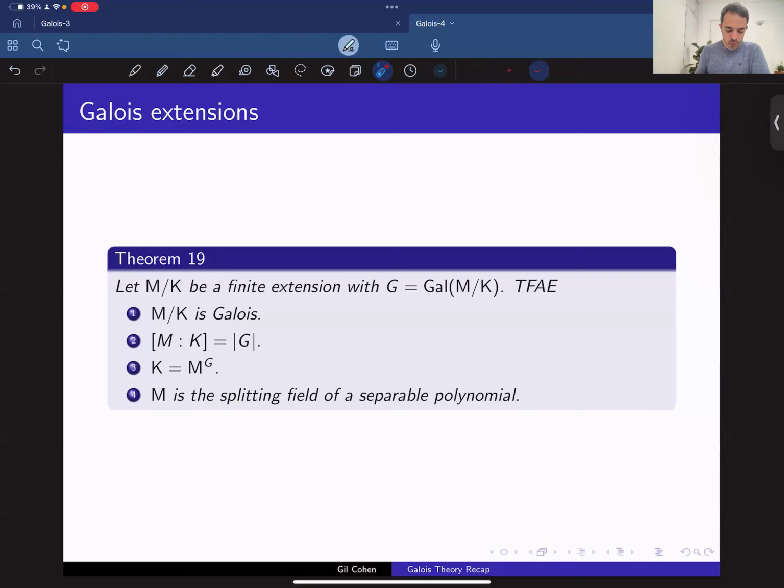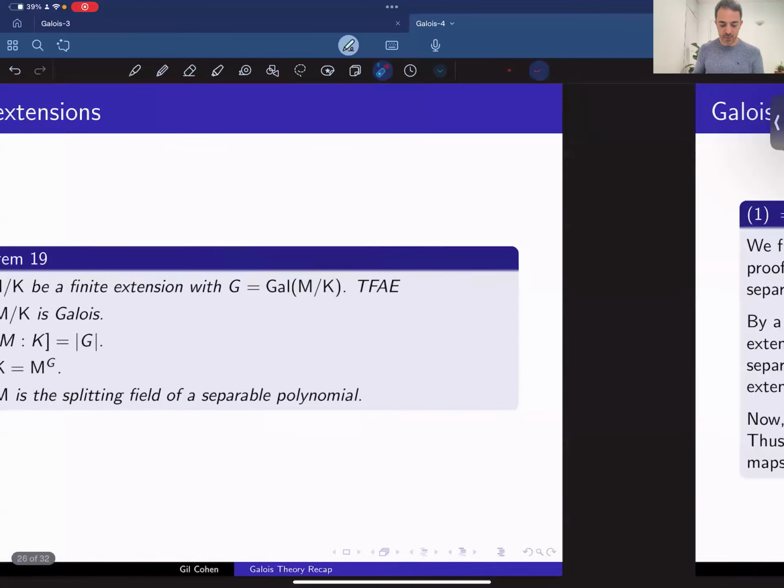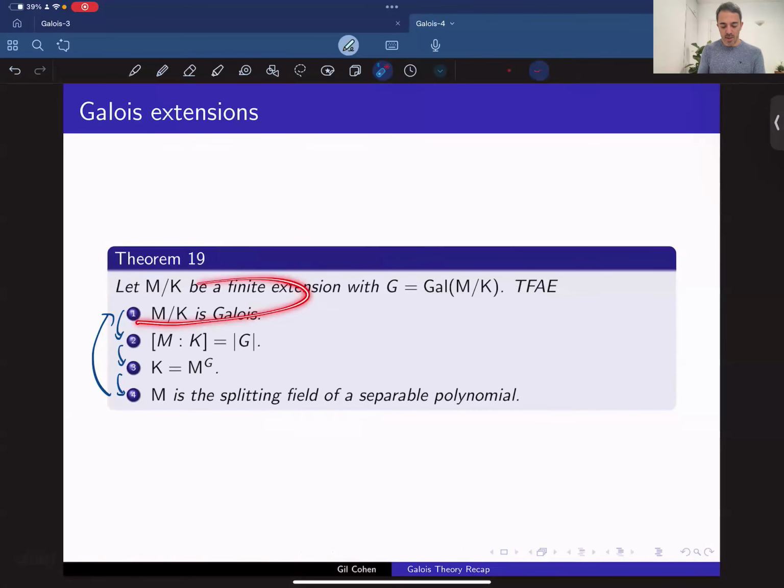Okay, so let's prove them one by one. We are going to prove 1 implies 2, 2 implies 3, 3 implies 4, and then, kind of easily, 4 implies 1. So let's start with 1 implies 2. Let's remind ourselves what 1 and 2 are. I'm assuming that M over K is Galois, and I want to prove that the Galois group is as